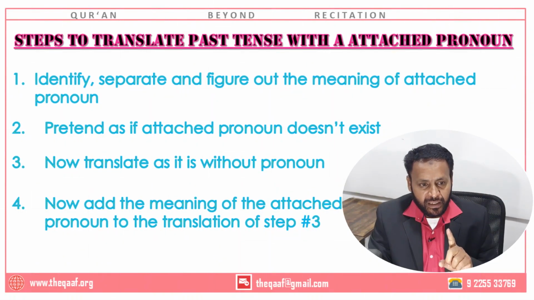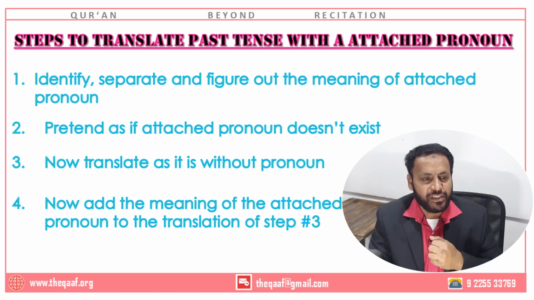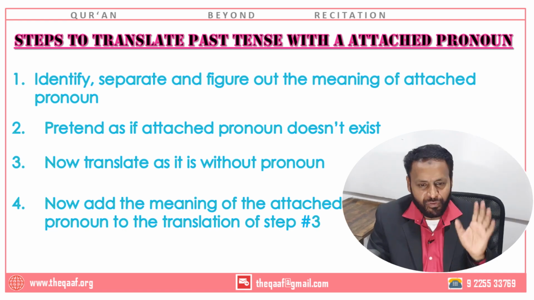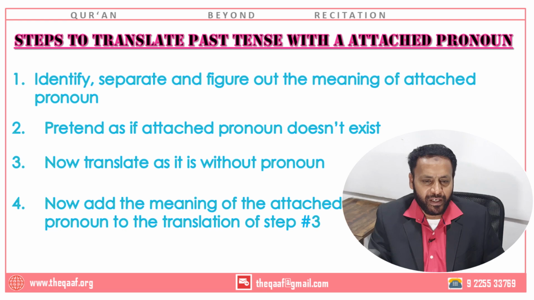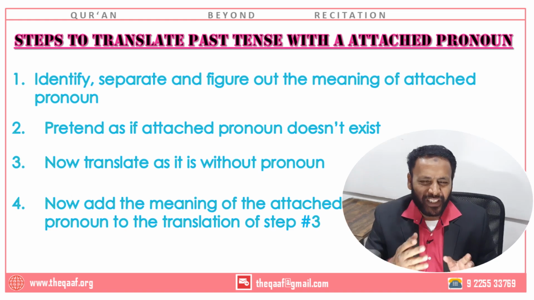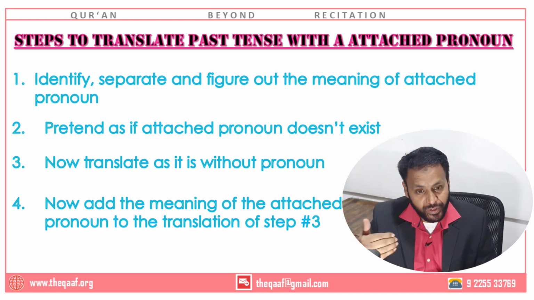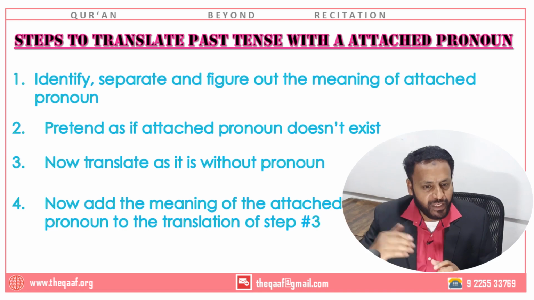Okay, so now here are the steps that are jotted down for your ease. Now, in spite of me telling many times, from my own experience I tell you, students still jump the gun. They still don't follow the steps. They think that they can translate it. They try to do everything in an ad hoc way, and they finally mess up. So these are the steps lined up. If your ustad, your teacher is telling you these are the steps, there is a reason for it. Not like, oh, they are for the beginners, I know, I already do it. No, do it with the steps. Do it with the proper steps. Your basic understanding will be correct, and then you can build upon it.